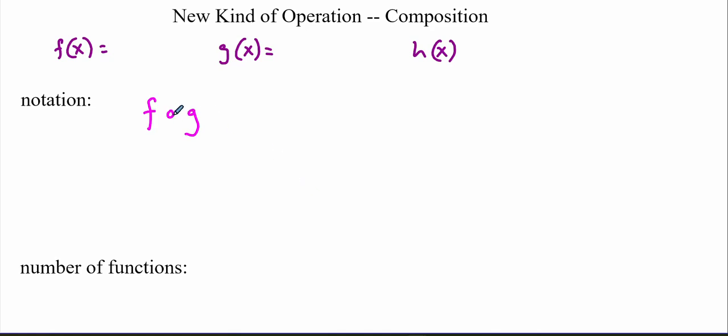And this is not a multiplication sign. This is not a dot. This is like a little bit of a circle. It's definitely not a big circle, because that might look like it could be confused for 0, and it's not. So it could be written like this. It could also be written